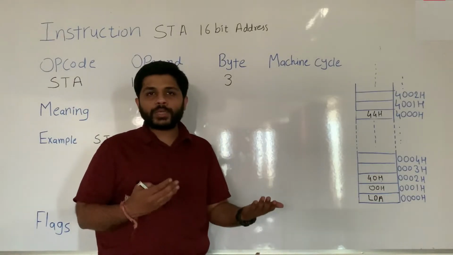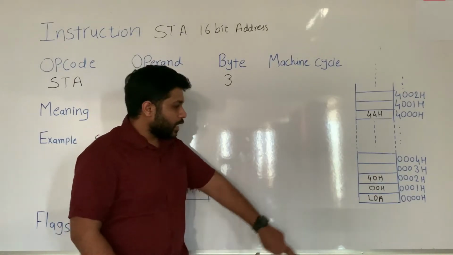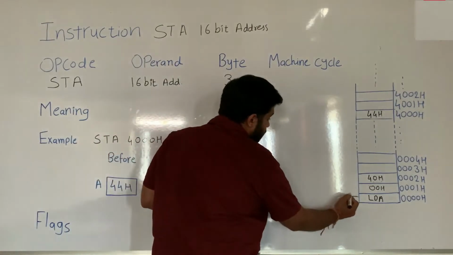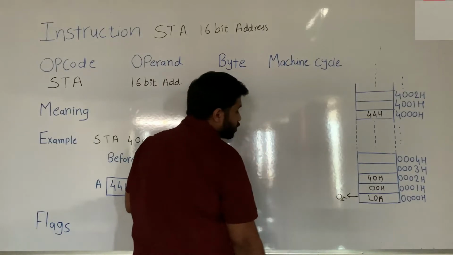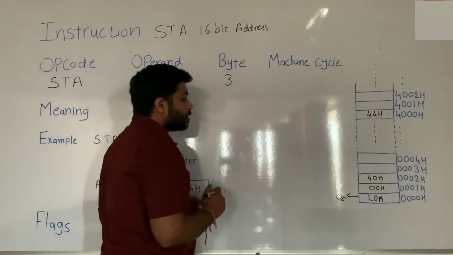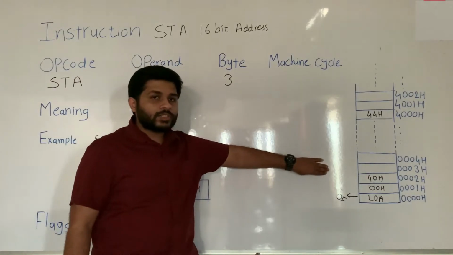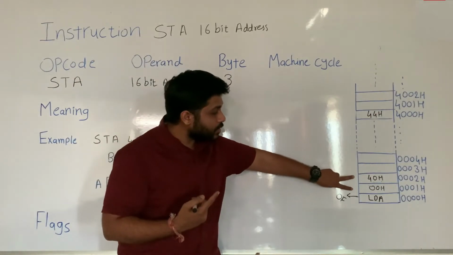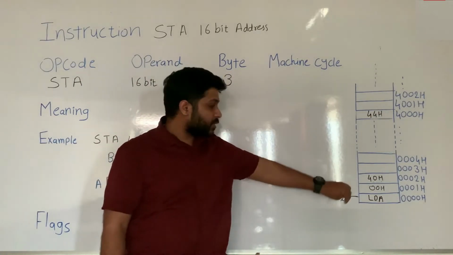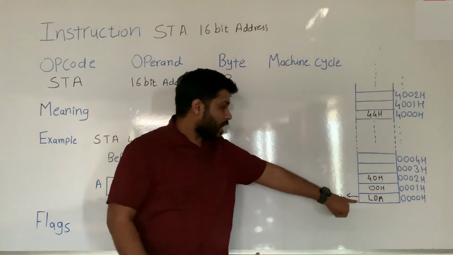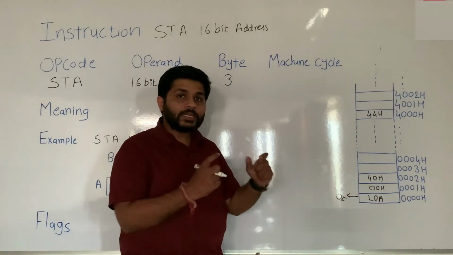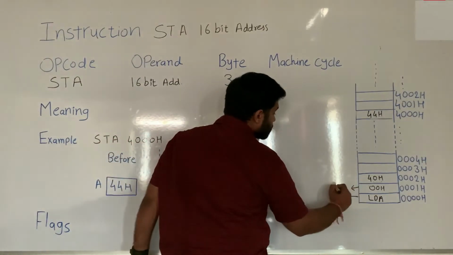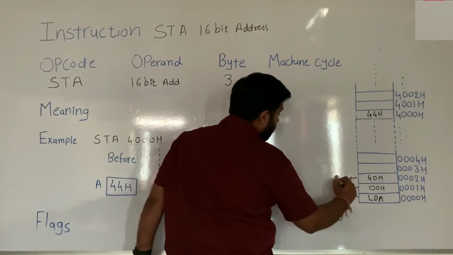Now the processor will start this process, which is fetch, decode and execute. It will first fetch the opcode. So from the starting location, it will first fetch the opcode. That is known as opcode fetch. Now when the opcode fetch is done, this whole instruction is not fetched yet. To fetch the whole instruction, the processor has to read these 2 memory locations too. It means after the opcode fetch, to read the whole instruction, the processor has to perform 2 more machine cycles, which are memory read and memory read.